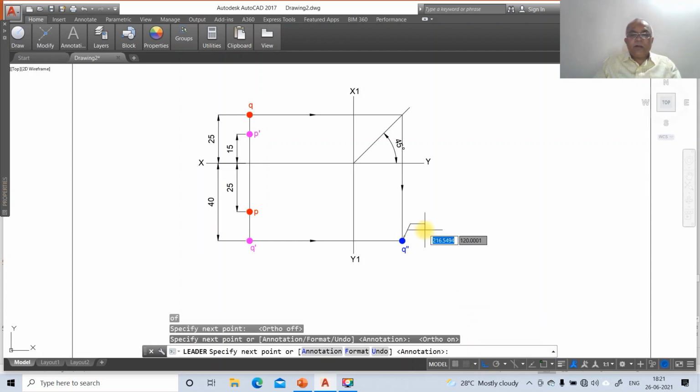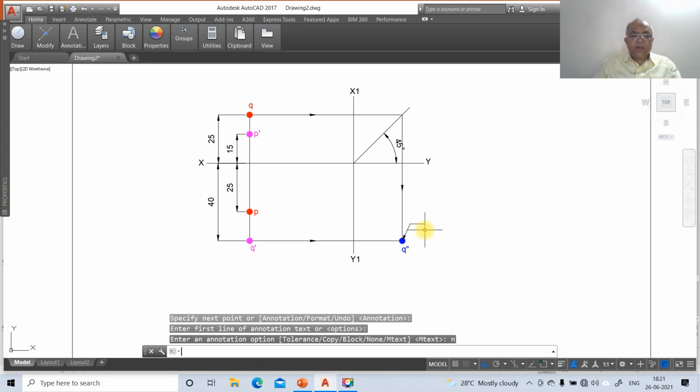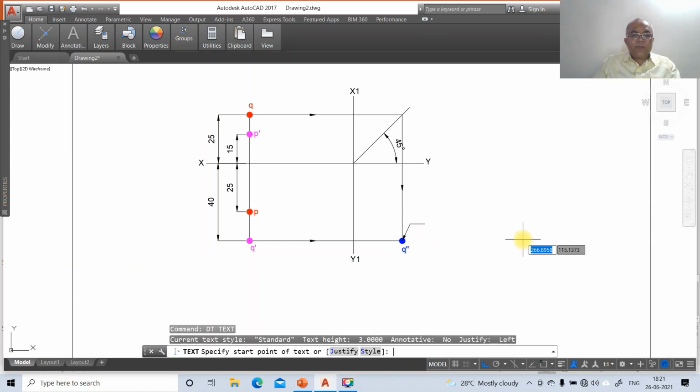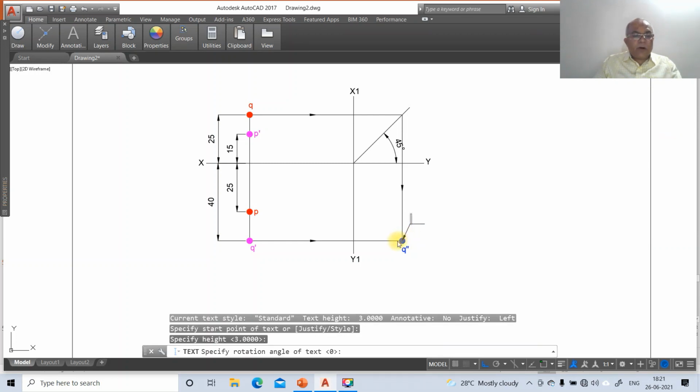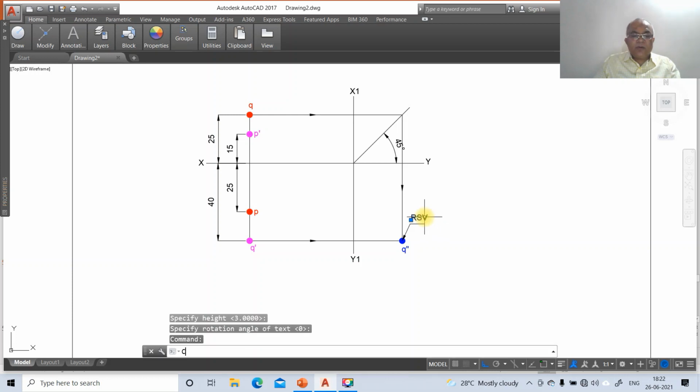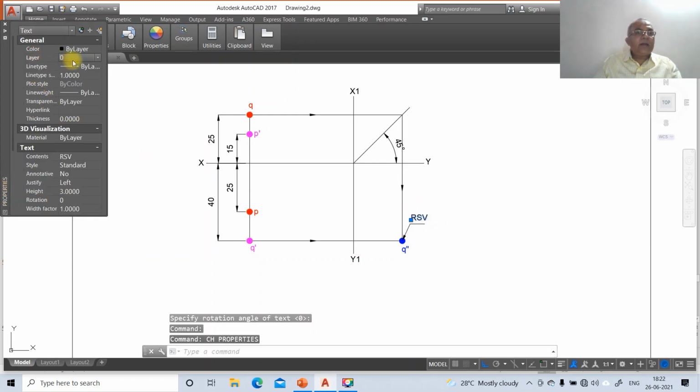So here go to annotation, option none. So now we want to type the text here, type RSV, and then you select this and go to CH, go to layer, make this layer as side view.